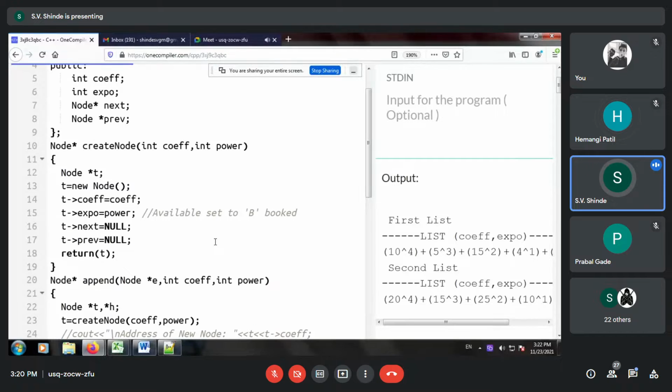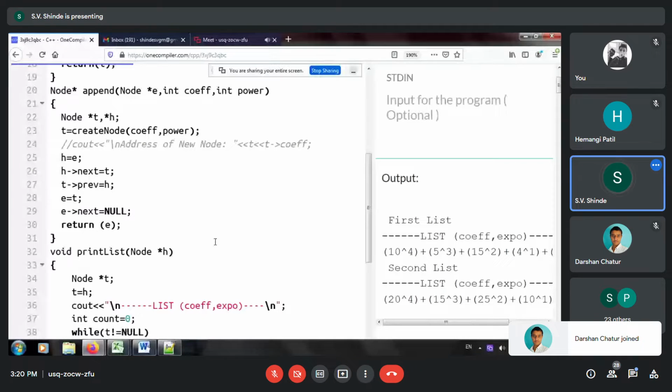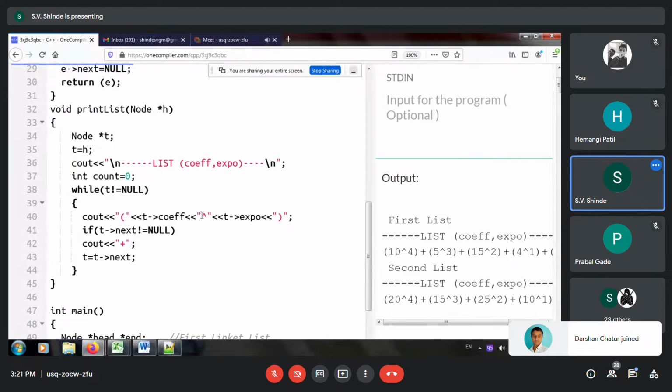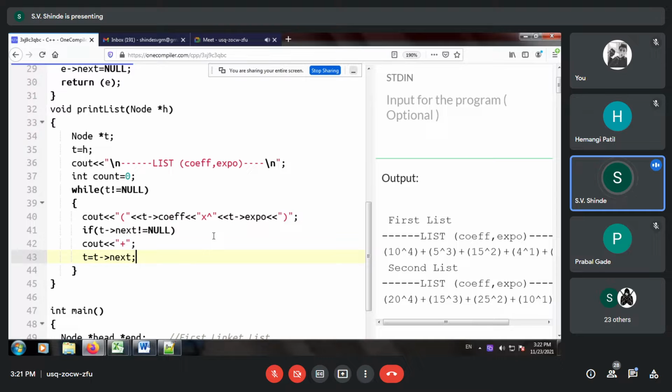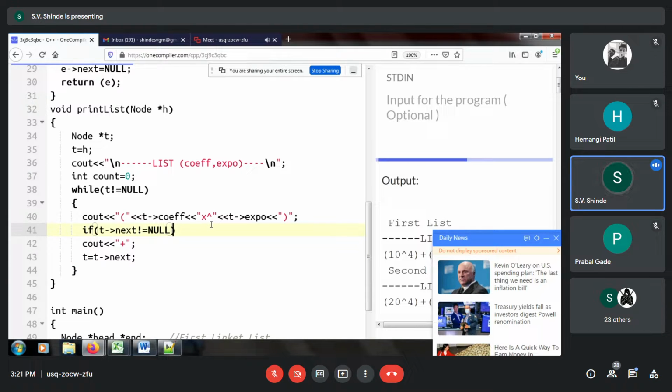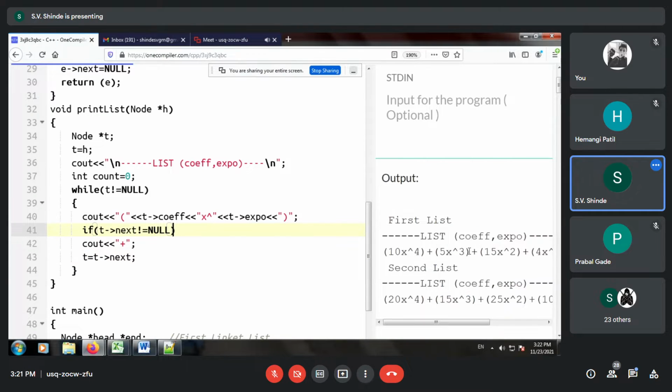So what is happening in yesterday's code is the cout statement over here. We had just included that greater than sign. Instead of that, you should add one more thing, that is x raised to the power, and then run the program. Only a small x is included, so you can see it gets the output as 10 into x raised to 4 plus 5 into x raised to 3.